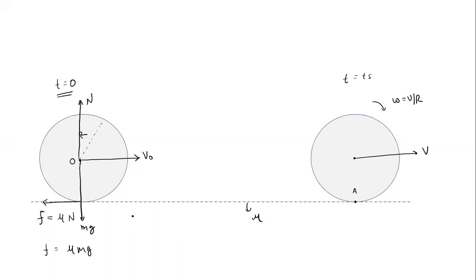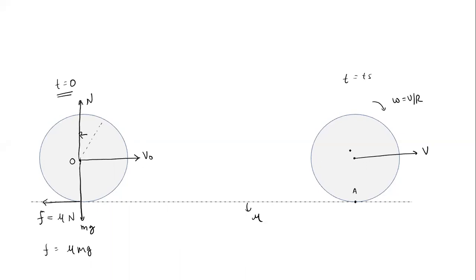So from this point to this point, before pure rolling, the body is sliding. Is it sliding or not? Sliding, you understand? Means the body will slide. So between these two points, is the body sliding? Yes, it is sliding between t equal to 0 and t equal to t second. And at t equal to t second, it starts pure rolling. When it reaches point A, when it reaches this condition, it will start pure rolling. So this is the condition of pure rolling, and from here to here there is sliding of the object.